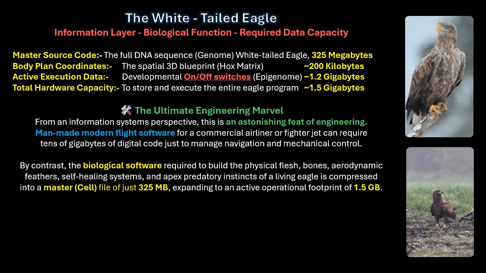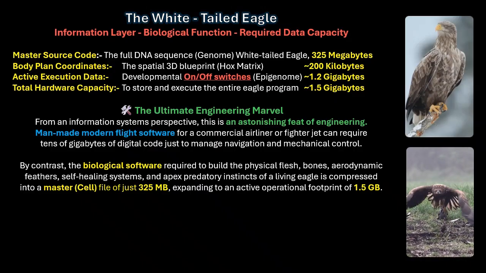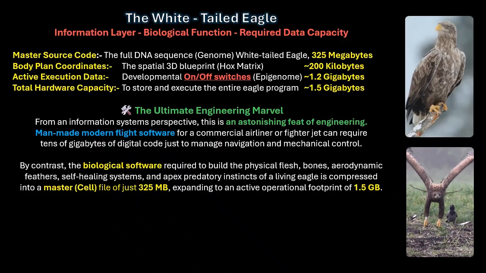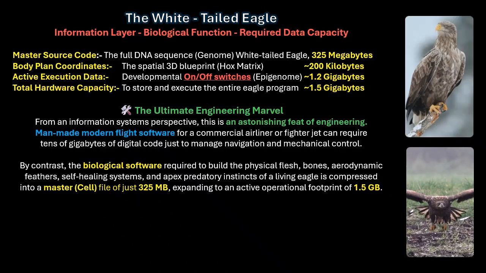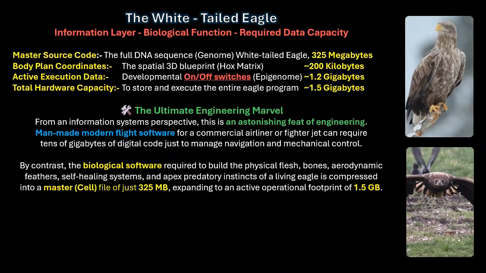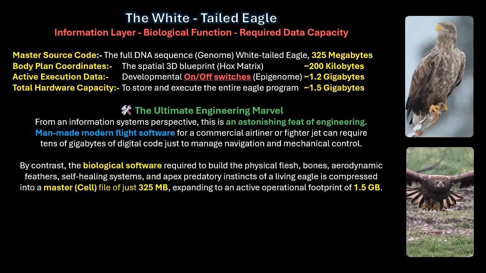By contrast, the biological software required to build the physical flesh, bones, aerodynamic feathers, self-healing systems, and apex predatory instincts of a living eagle is compressed into a master cell file of just 325 megabytes,